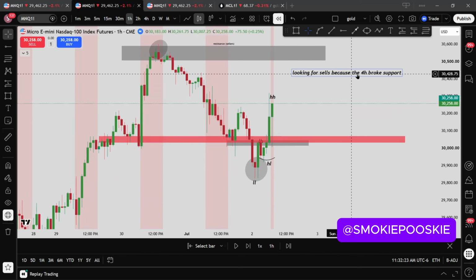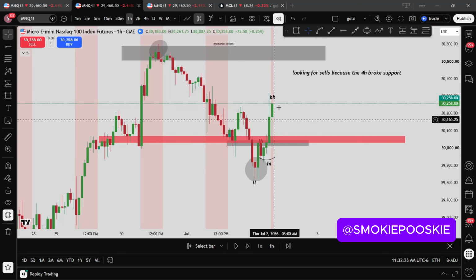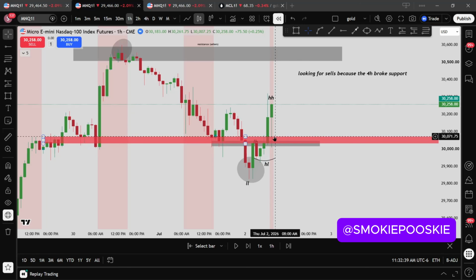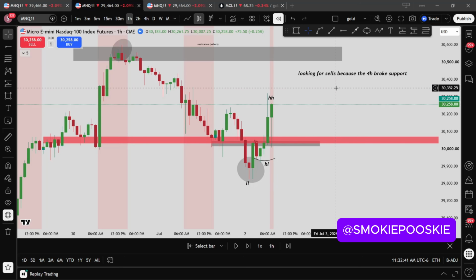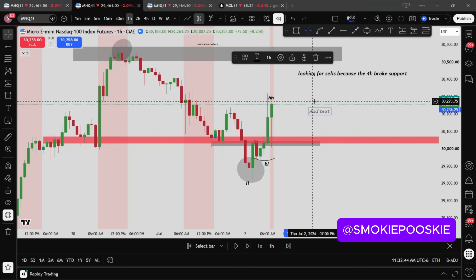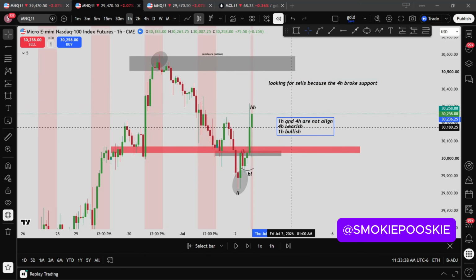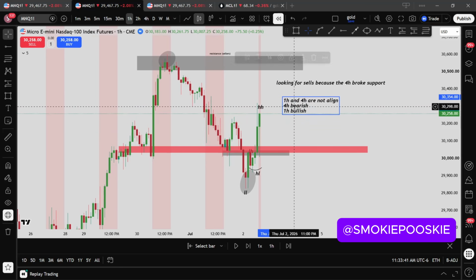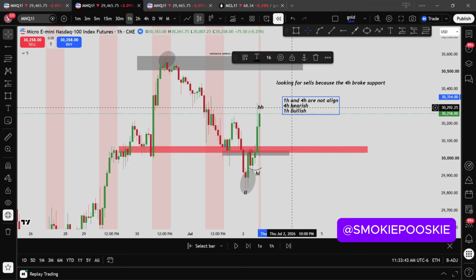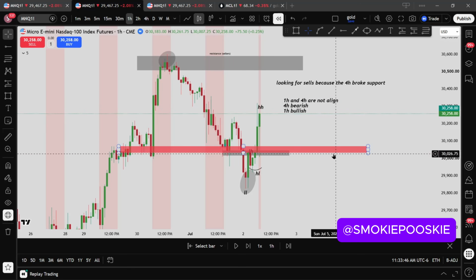So right now, my 4-hour wants to sell, my 1-hour wants to buy. I'm not going to be looking for buys because I know that they're not aligned. So right now, my 1-hour and 4-hour are not aligned. 4-hour is bearish, 1-hour is bullish. So now I'm going to wait for my structure on my lower time frames to match being bearish because the 4-hour time frame is bearish. But not just that, I have to wait for price to be below this red level,